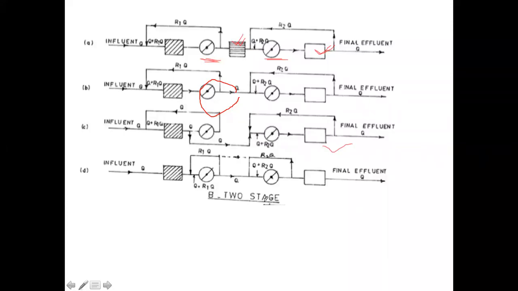So in this way, a large number of combinations can be used to recirculate in the case of a two stage or three stage trickling filter. More and more trickling filters can be used in series, that is, two stage or three stage trickling filters. Normally up to two stages are used, but if there is a requirement, more stages can be introduced in wastewater treatment.